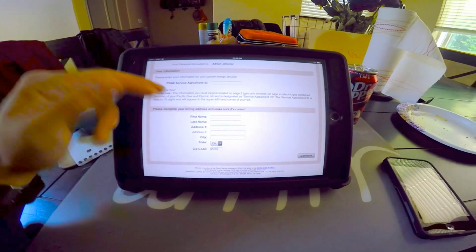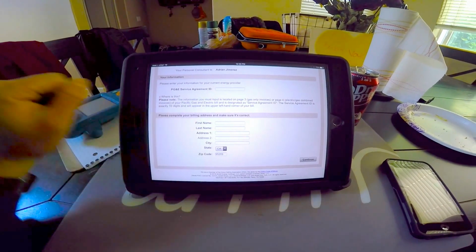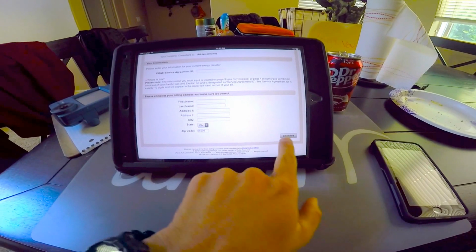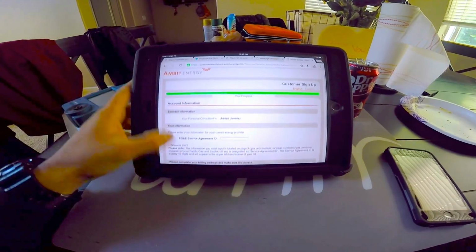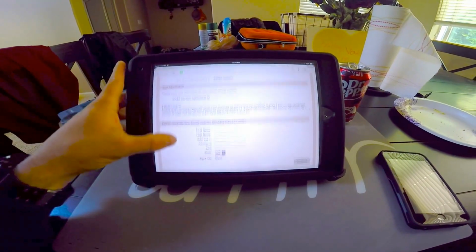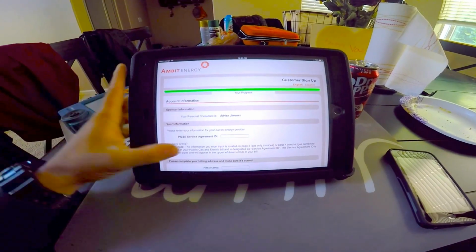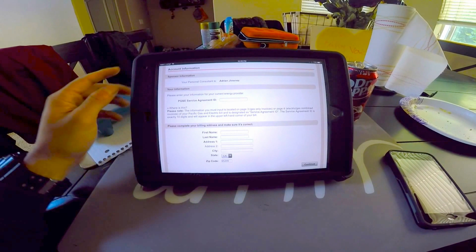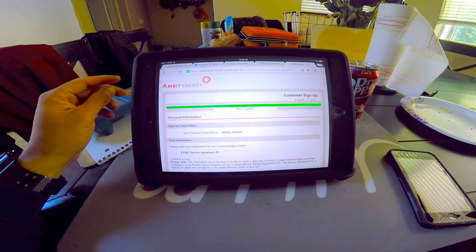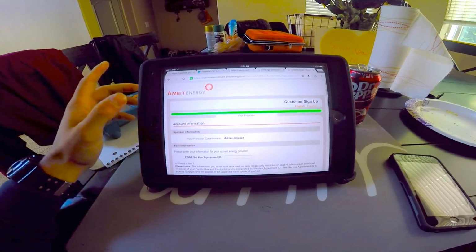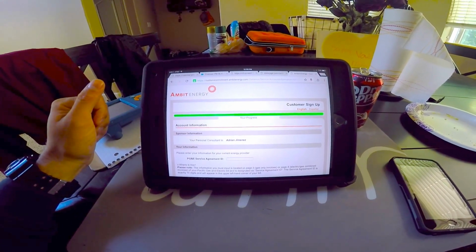So in California, once you have entered in your service agreement ID, your first and last name, city, address, state, you're going to click continue. The next page is just going to ask you if you're over 18 and if you agree to the terms, along with email information, additional information for first and last name, and home information. It's just re-verifying everything. It's very easy, and then you are complete.